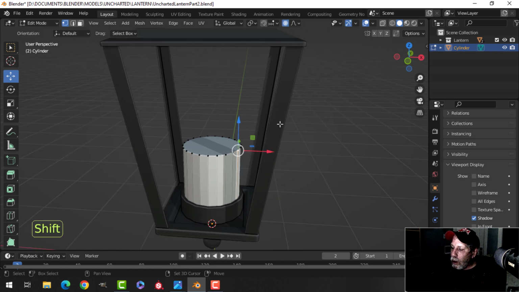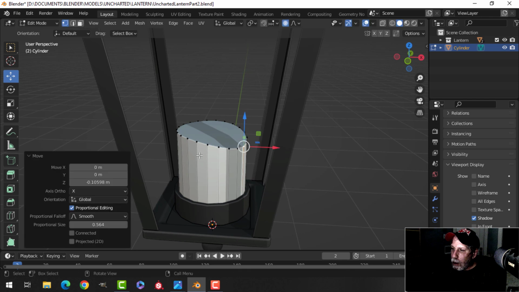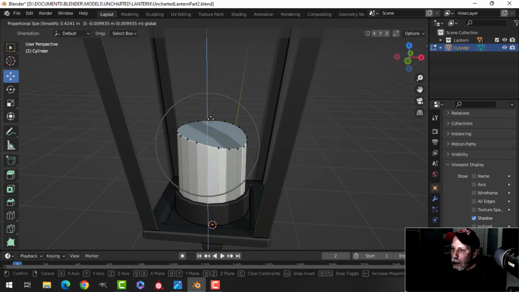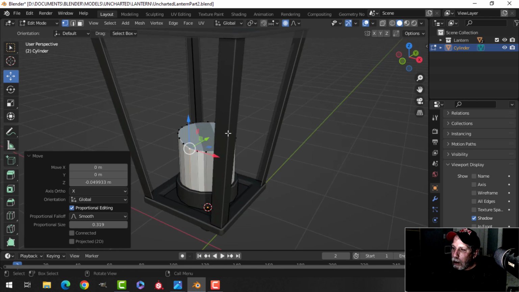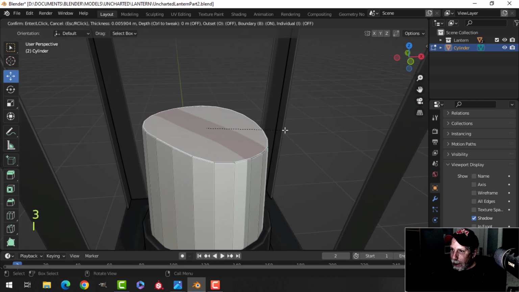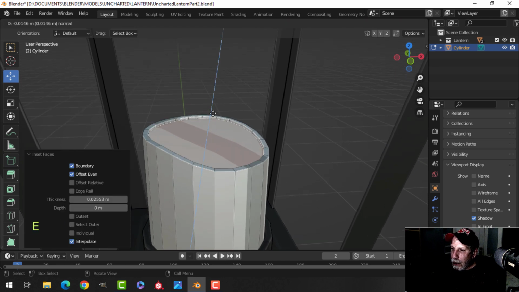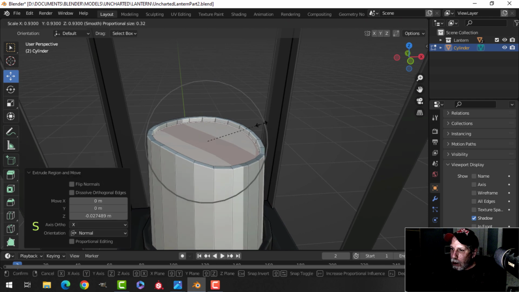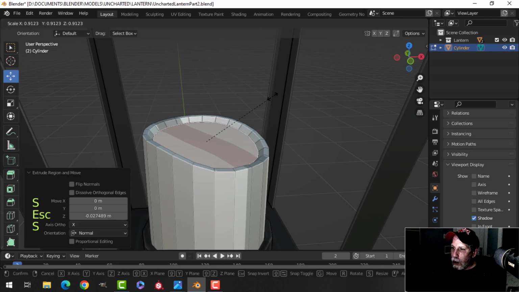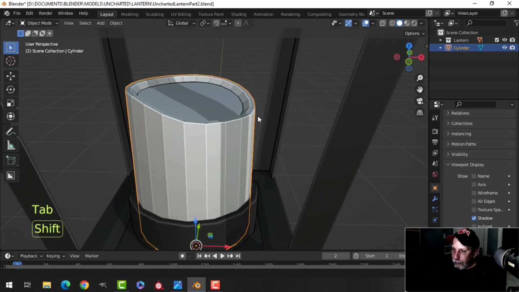Click this for proportional editing, and as I pull this down, you can see that circle. I can roll my mouse to increase or decrease that circle of influence, and I just want to do stuff like this and pull it down so that it looks like maybe it's melted a little bit. I don't have to do too much. 3 for face selection, select there, I to inset, let's pull that in, and then let's just press E to extrude and pull down, and maybe turn off proportional editing, scale in a little bit like that,